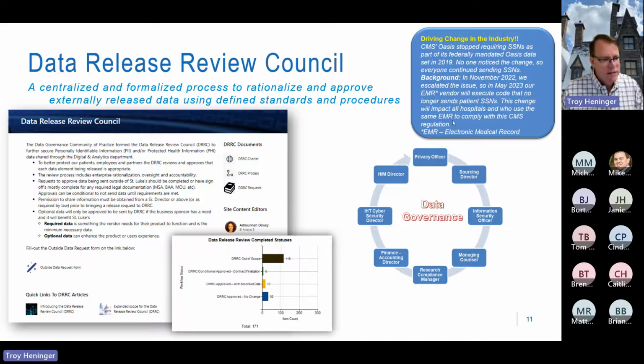Okay, so any questions on, we call it DRRC for short, the Data Release Review Council? Volume. How many of these occur in a month in orders of magnitude? We review probably around 6 per month. Oh, okay. That's not high volume. It's not super high volume, but every one of them is incredibly detailed,